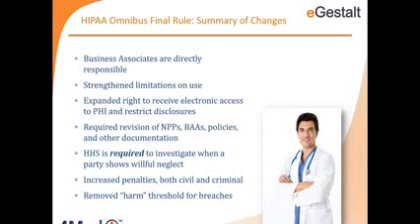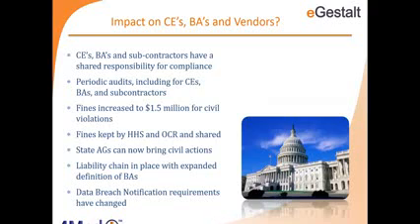And the other key change is that if a breach does happen for whatever reason, then it's a mandate that both the business associates and the covered entities need to report the breach to the government, to HHS, if the number of medical records involved is more than 500. So as I said, these are the top high-level game changers or major changes that have come about in HIPAA Omnibus, and we'll cover some of the details as we move forward.